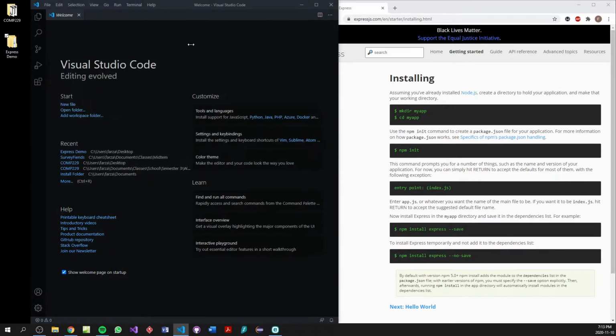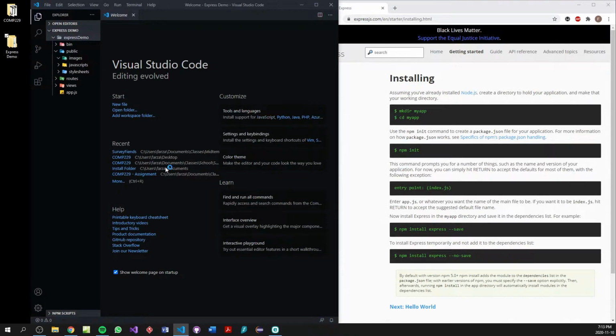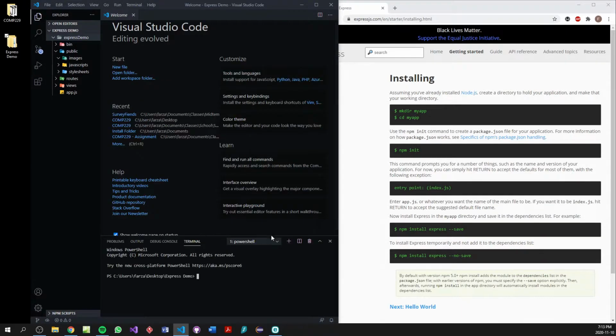All right, you just bring your folder in here. Then you gotta press Control and tilde, which is the button on top of Tab, and then you can open your terminal from there. You can follow along. So npm init,